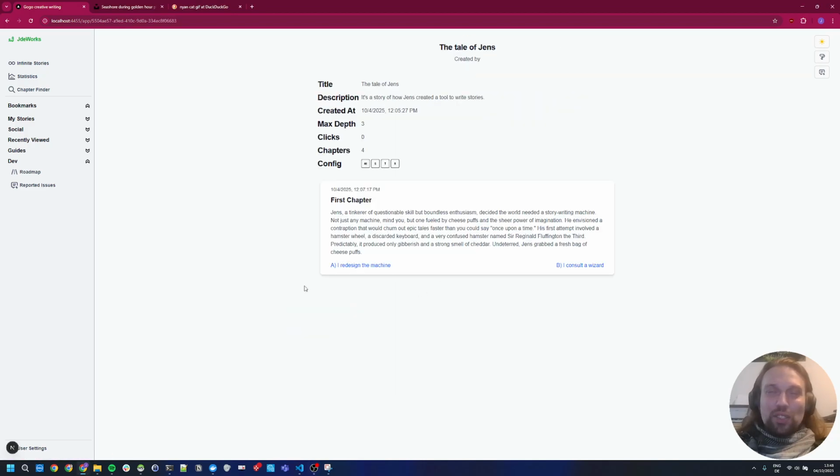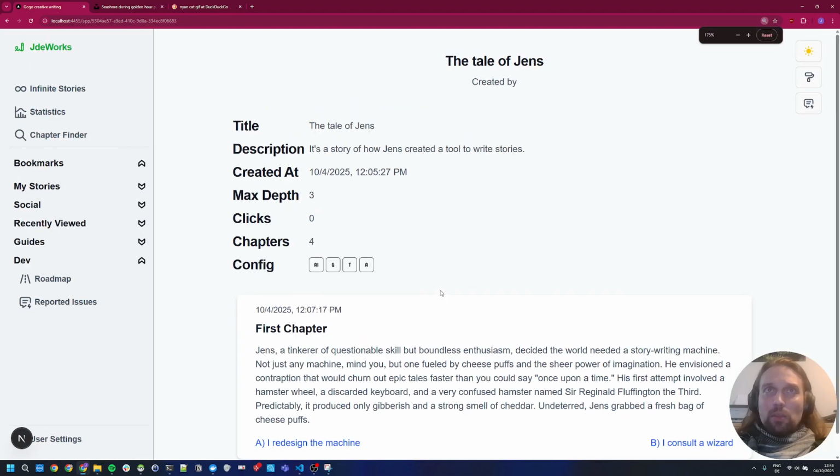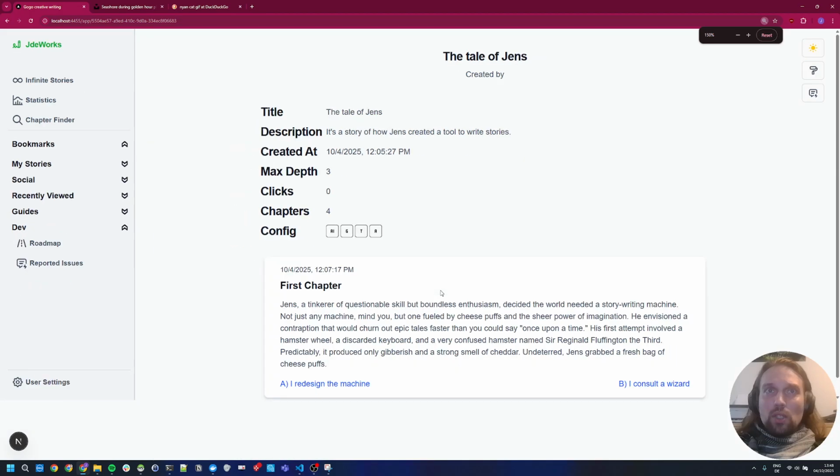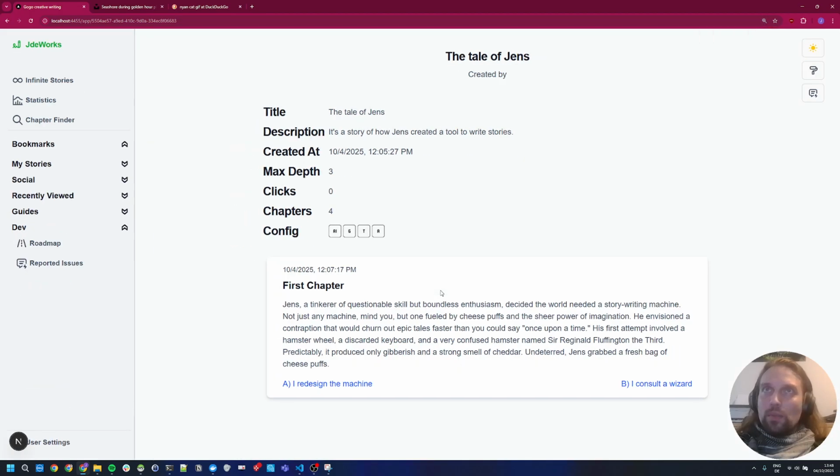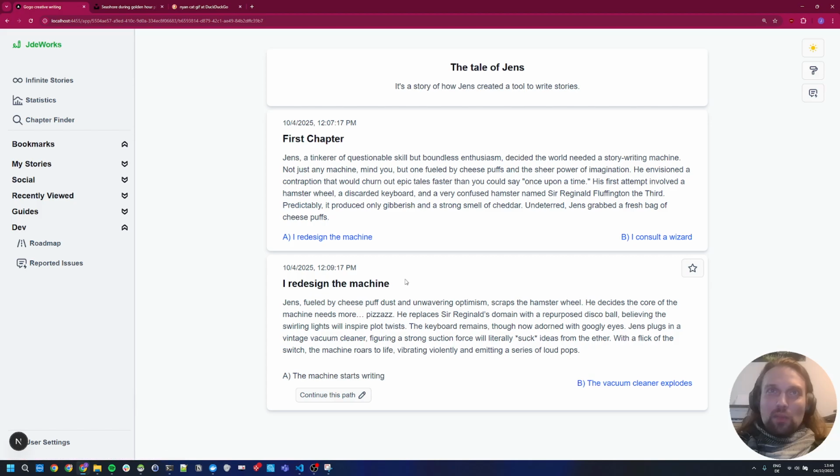The short tale. And let me actually quickly zoom in a little bit so it's better to see. Something like this, I think, is good. Now, with the story, we could just continue from here, but I want to actually present a feature that I'm very proud of because